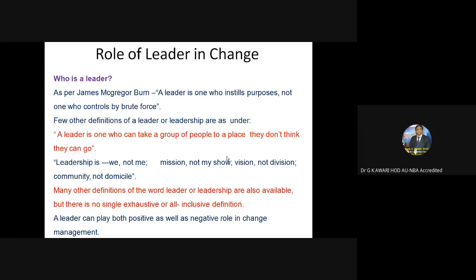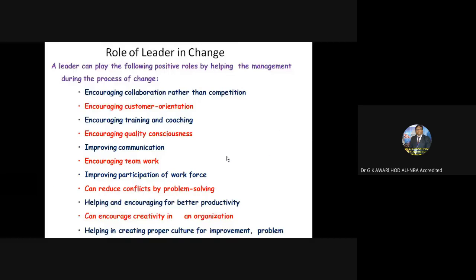So leadership is we, not me. It is basically the we, not a single individual. Mission, not my show; vision, not division; community, not domicile. A leader can play both a positive as well as a negative role in change management. So the perfect leader has to be there in change management. Otherwise you may have to remove that manager, keep him in another place, so that you can bring the changes. A leader can play the following positive roles by helping the management during the process of change,